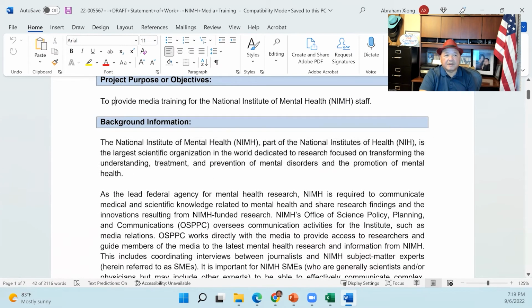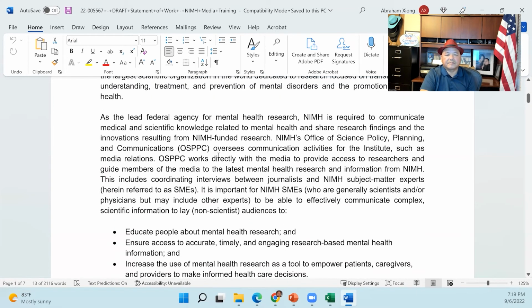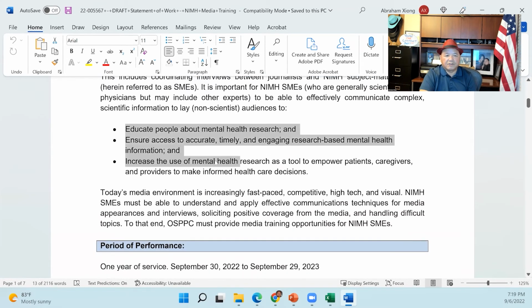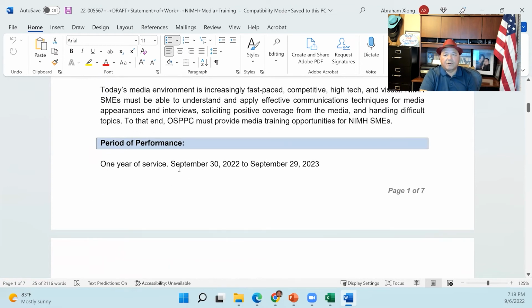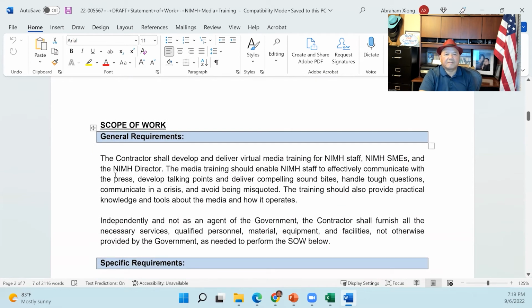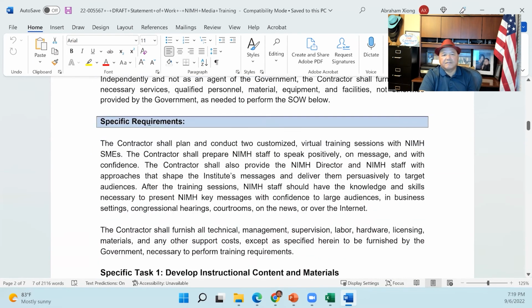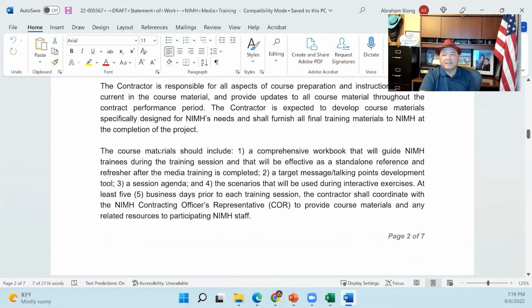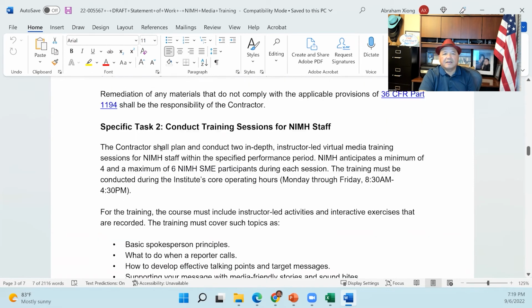That gives you the purpose, right? To provide media training for National Institute of Health Mental Health. Very clear and simple. And it gives you what they're looking for. And this is for 1 year, September 30th to September 29, 2023. So it's 1 year of service. And then it goes into a little bit more detailed scope of work. And you read through this here, and if you say, you know what, we can do this here, then you respond. And